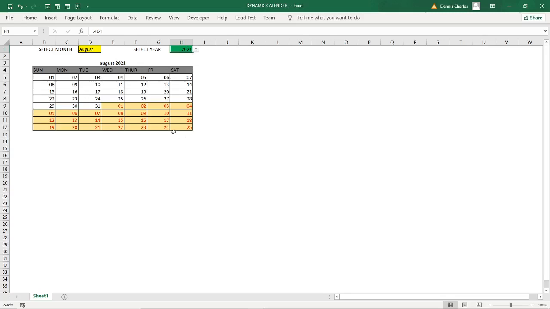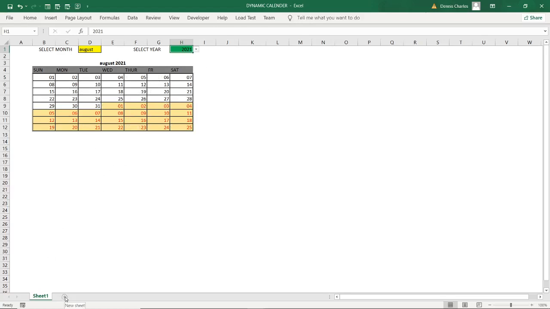So I'll take you step by step on how to come up with such a calendar so that you are able to create even a calendar for your institution or place of work, and format the dates and include the calendar activities, so that when you have a printout, it shall be a printout of the activities of the year included. Now, I'll start step by step to take you through how to create this calendar.